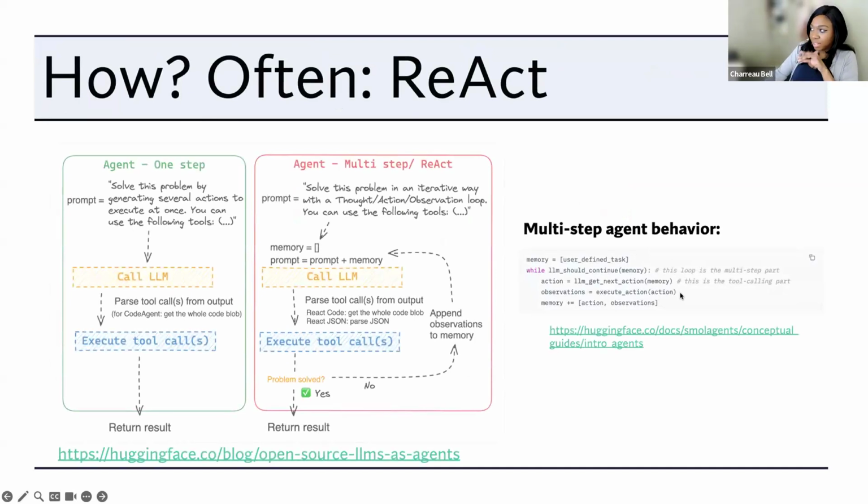So we were talking about this just a little bit before, but with our agents, we can have it execute. The number of steps that the agent needs to take to come to the goal is not really a determination of whether it's an agent or not. We have some agents that are one step, so we might give it a prompt. Again, we saw the prompt that we trained the model on before, but we'll talk about a different prompt. It's just going to call the LLM to do whatever we need to do. Maybe we just need to execute this tool call, so it'll provide the arguments and the name of the tool. We might execute that tool call and maybe we're done.